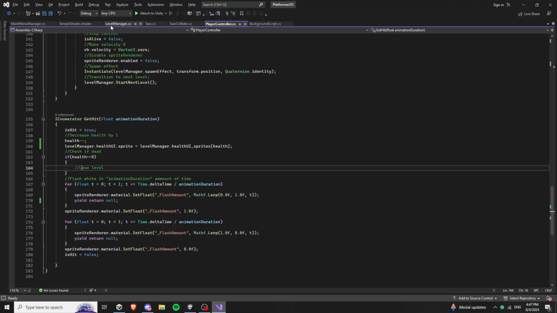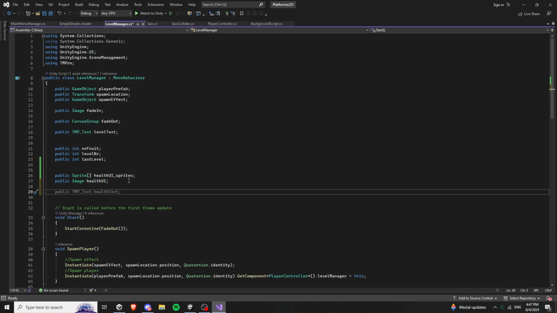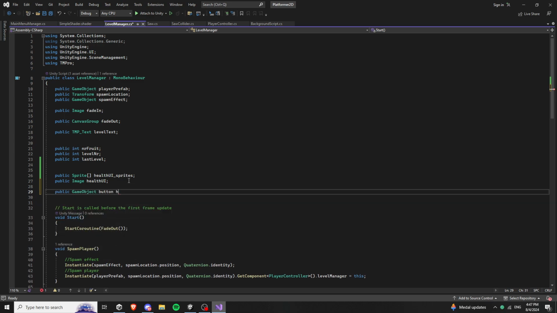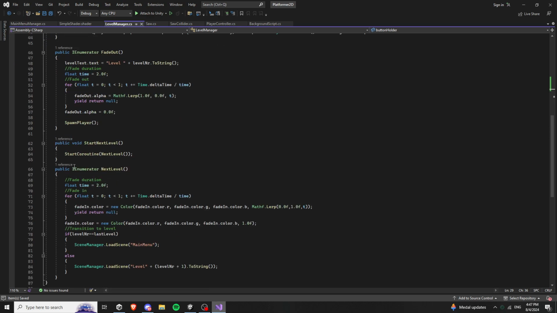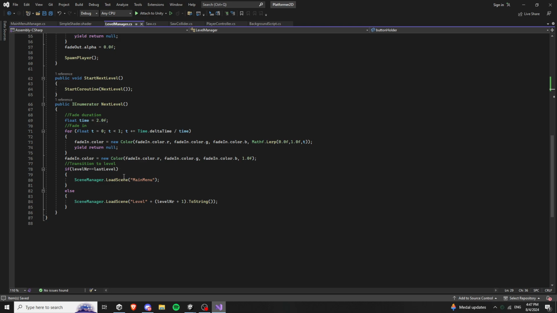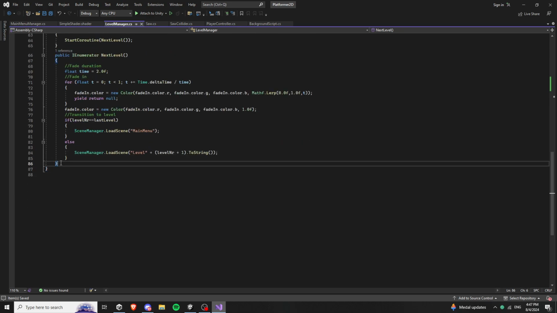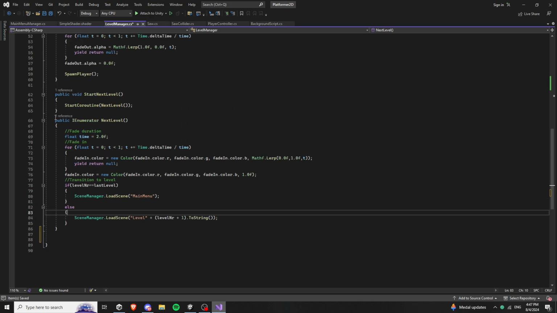Go to level manager, add this here, public game object button holder. Do we have a function for going to the main menu? No. Let's create a function for that. We'll just copy this one,